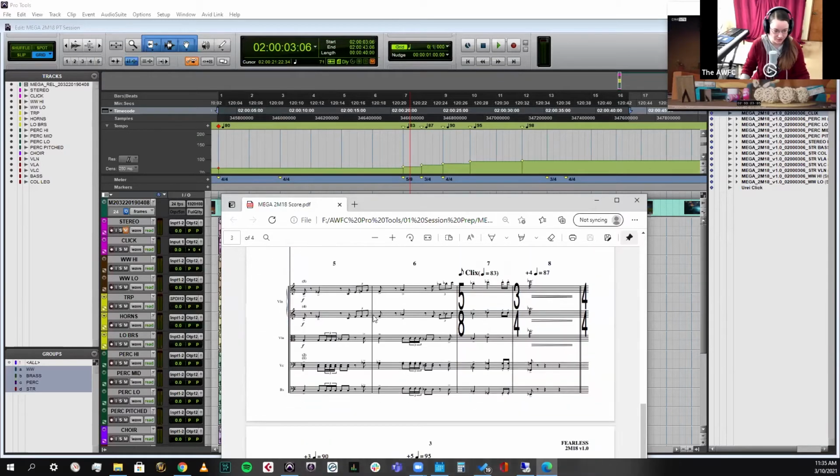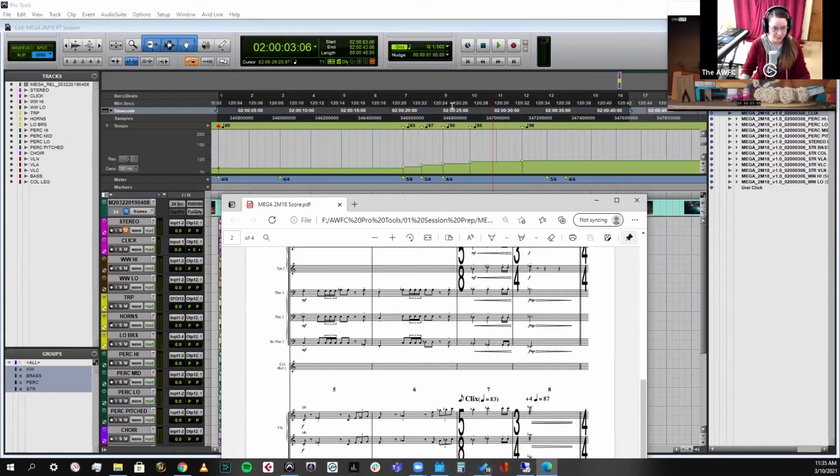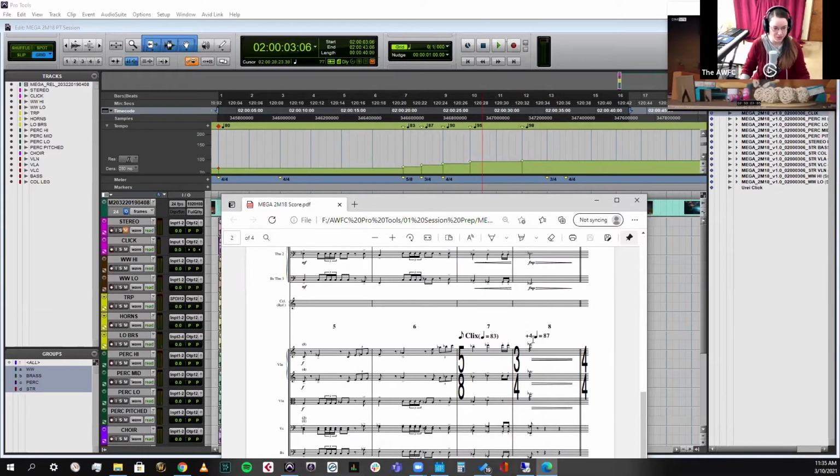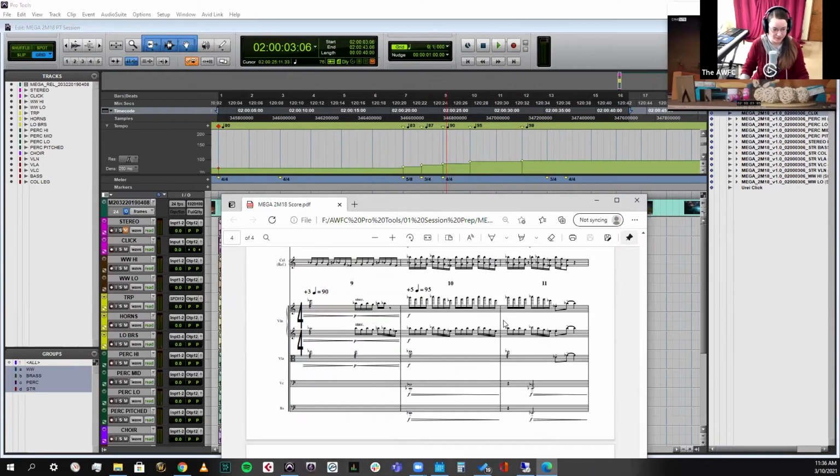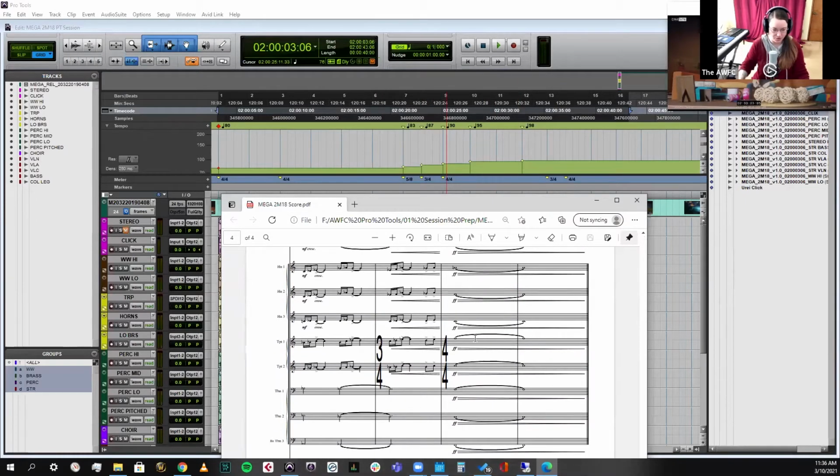1, 2, 3, 4, 7. See, there's the tempo change. Bar 8 has a tempo change. So I would just make sure that all of this 100% aligns, and listen to it just to be sure